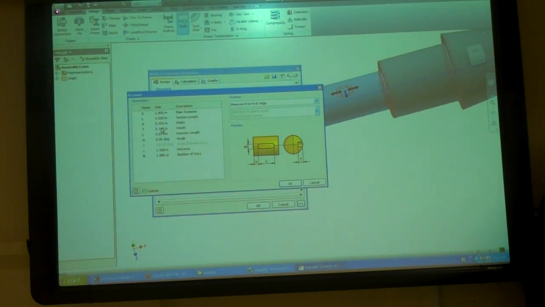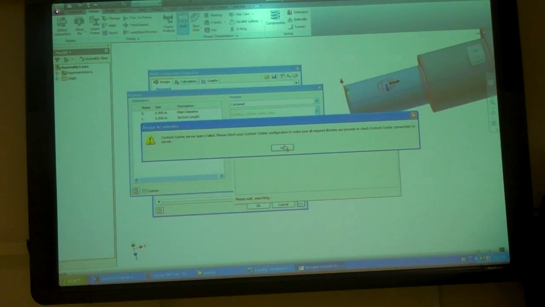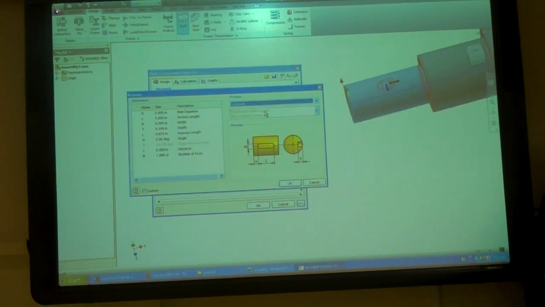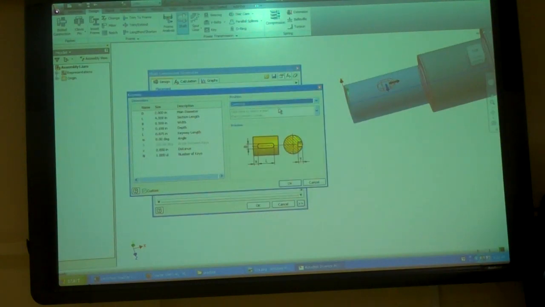So X is the dimension from the edge, so I can set half an inch from the edge. I can say it from the first edge, or the second edge, or center. If I have the content center set up right, I can click here and actually pick an item from the content center and pull it in,